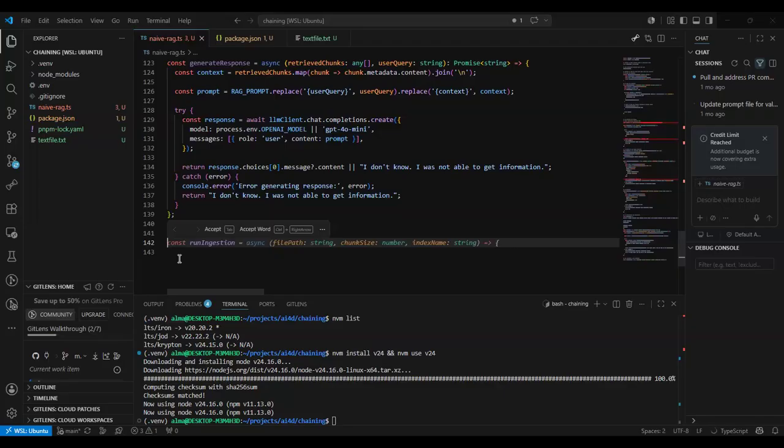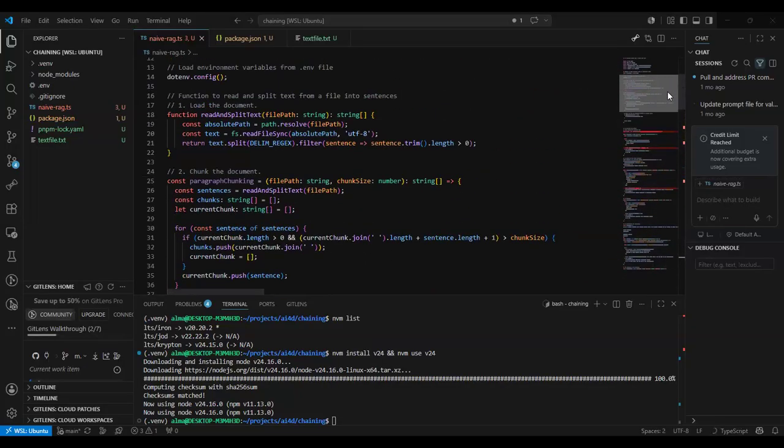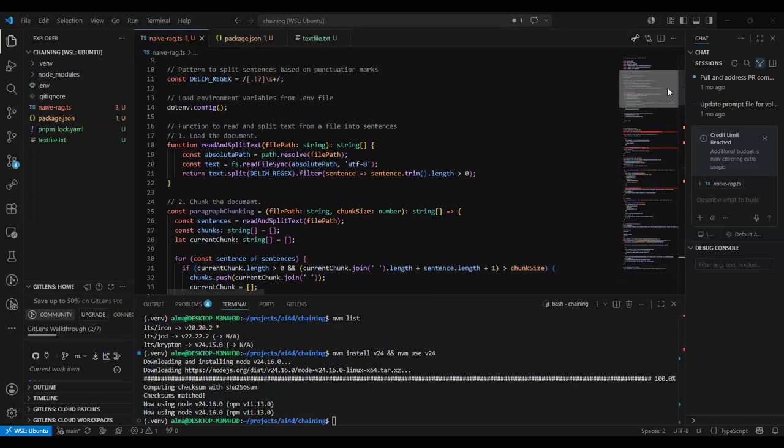So the first thing is we will, we don't need a separate function for that. So we'll just run paragraph chunking, and then